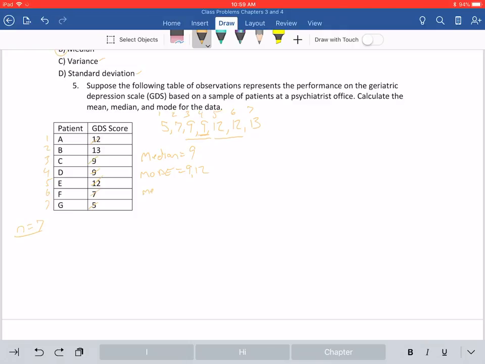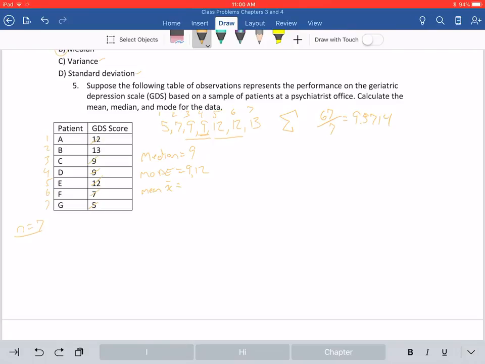Last, we're going to calculate the mean. Mean, for a data set, is notated as x bar, so you'll see that a lot coming up. So what is x bar? The way we calculate mean is you sum, sigma. You sum up all the values in your data set and then divide by the total number of individuals in that data set. When you add up 5 plus 7 plus 9 plus 9 plus 12 plus 12 plus 13, you get a value of 67. Divide by 7, that's how many numbers there are, and you get